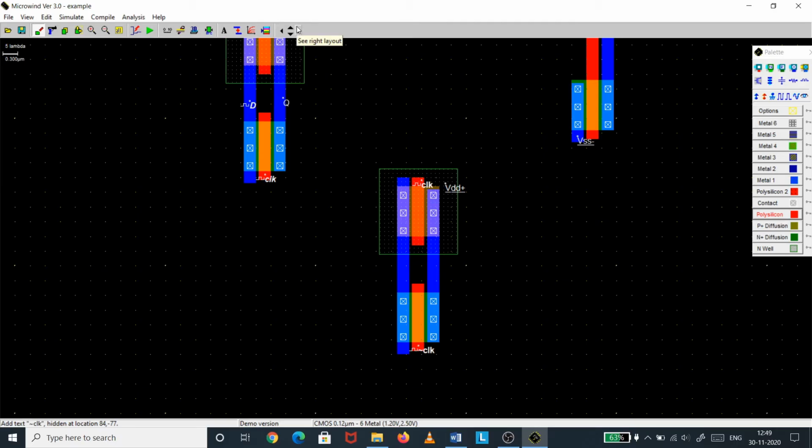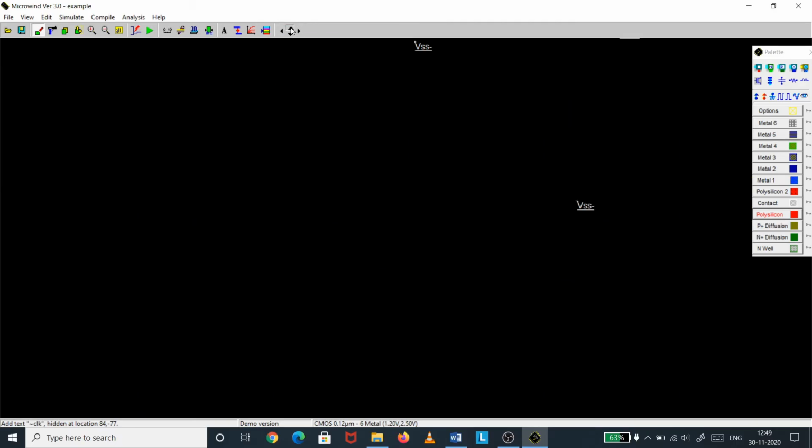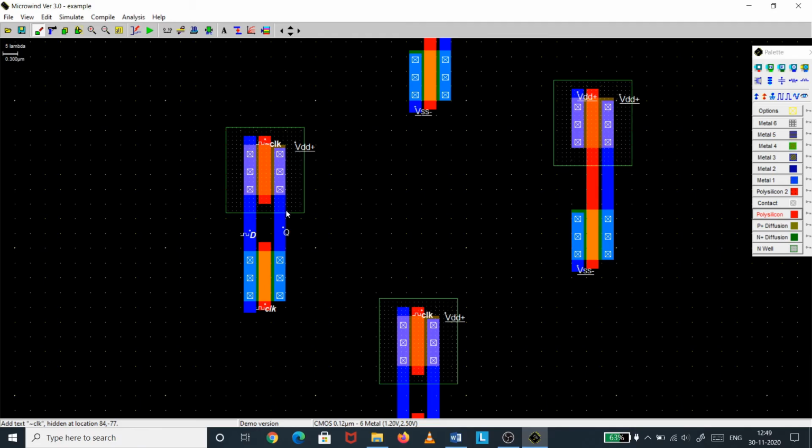Now I will connect the signals according to our requirement. So Q should be connected to Q, meaning the output of the transmission gate should be connected to the CMOS inverter input.